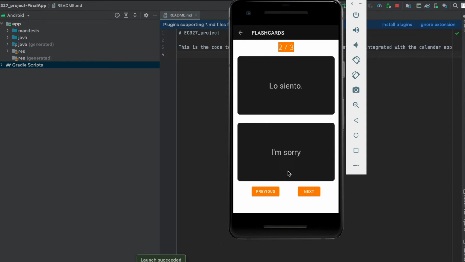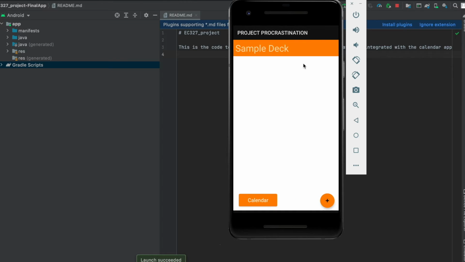And we can flip between these flashcards just by clicking the previous and next button. And once we get to the final flashcard, we can just click next and that'll bring you back to your list of decks. To add a deck, we just click the plus button on the bottom right corner,